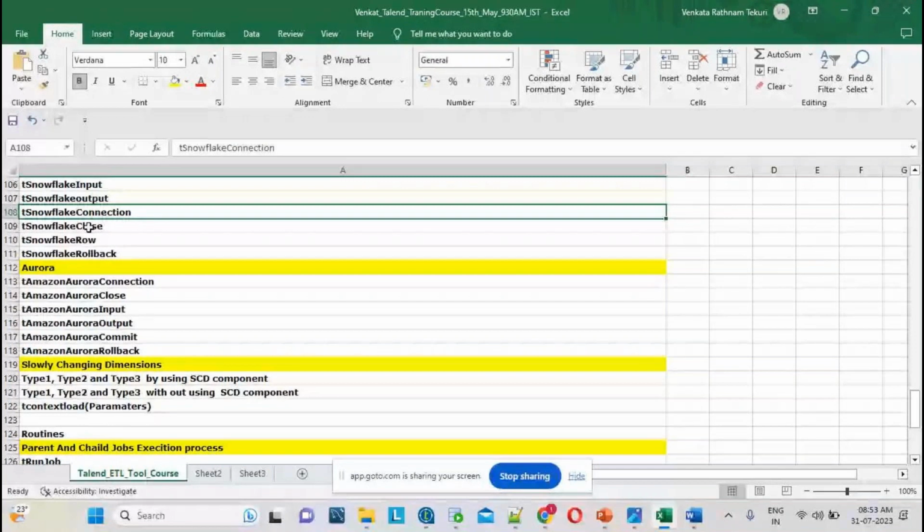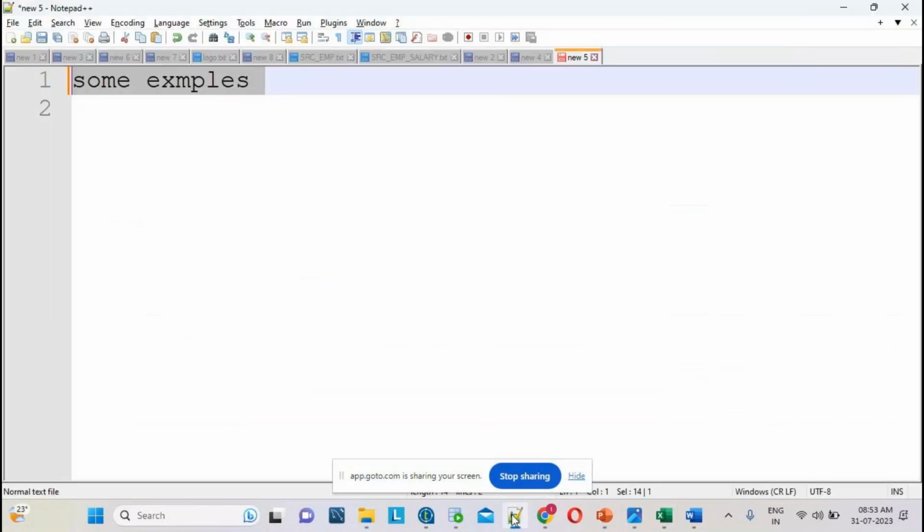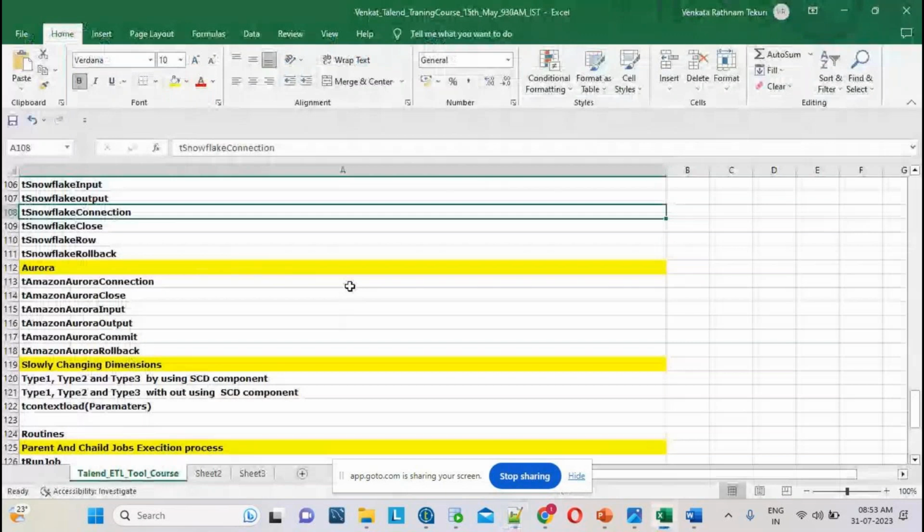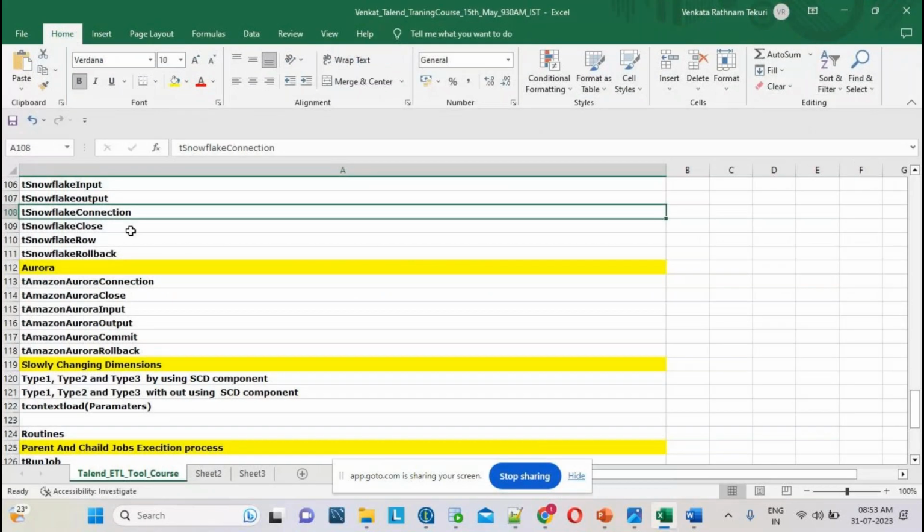Snowflake concepts we're also explaining for Talend. As per the Talend developer, full package, guys. What are the things required to learn to get the job? Full package we're covering. Everything required to get the job, all the things we're covering.